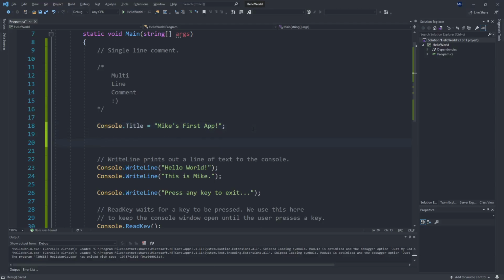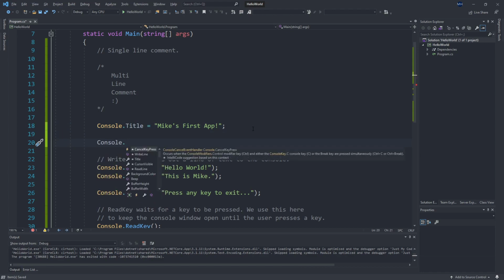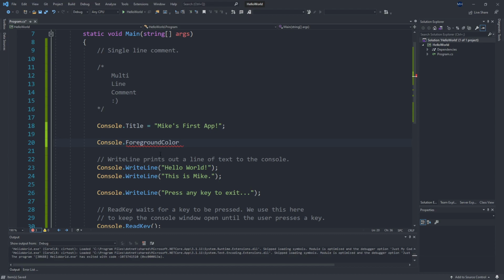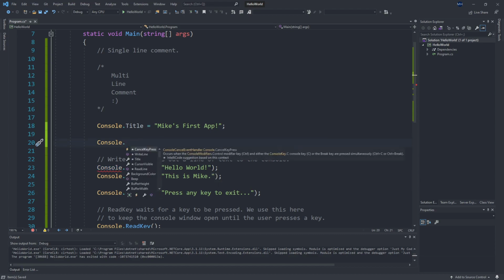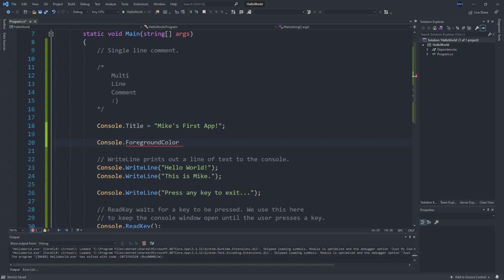So after I set the title, I'm going to say console dot foreground. And you can see that IntelliSense, this autocomplete, is popping up as I'm typing. And if it pops up and my cursor is over foreground color and I double click it, it's going to fill that in for me. Or if I'm typing foreground color and I hit tab, that will autocomplete for me. So console.foreground color equals console color